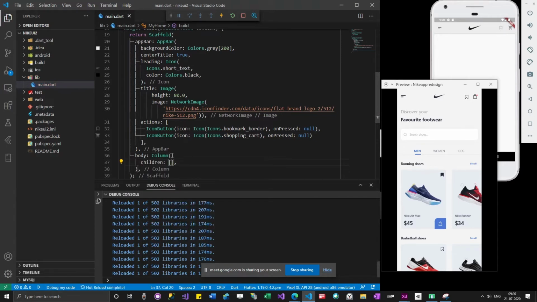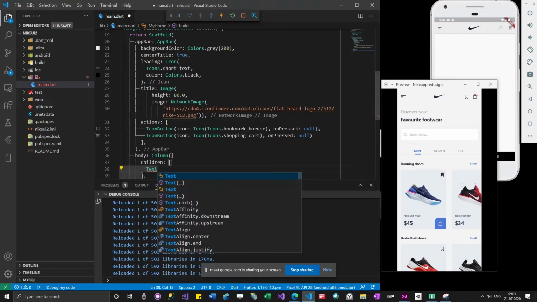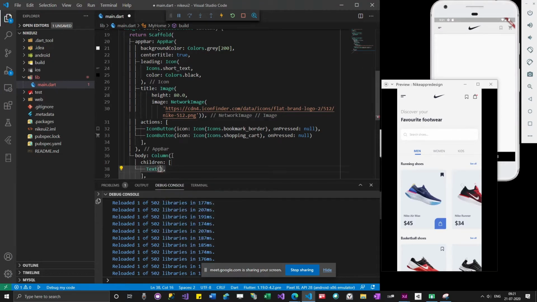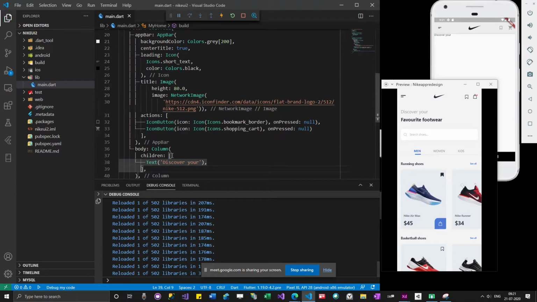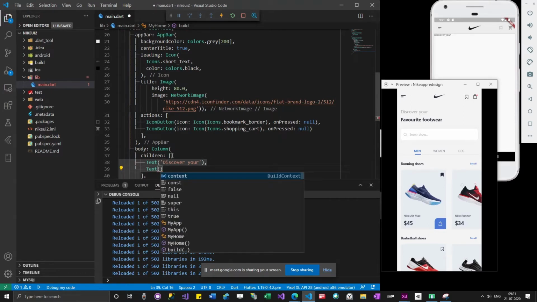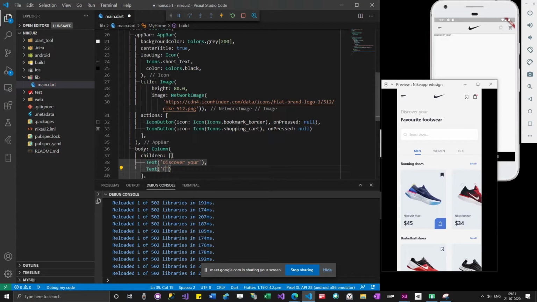Now I will be adding text. So you can see the text is already being populated.